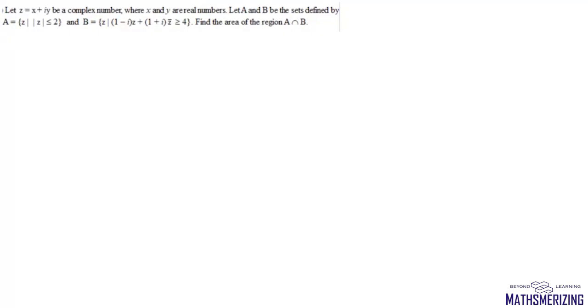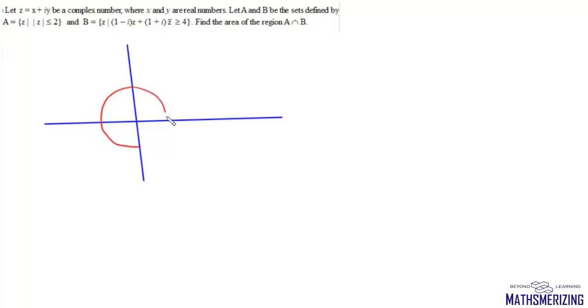Now here the question is, let A and B be sets defined by mod of z is less than or equal to 2. That means all the points on the circle whose center is at origin and radius is 2 units. So this A, it consists of all these points. Now B is